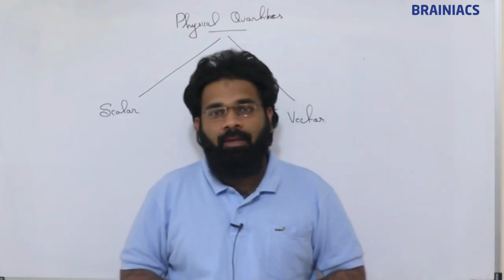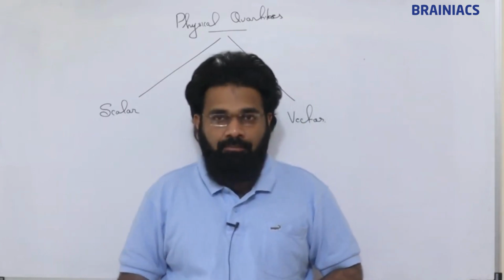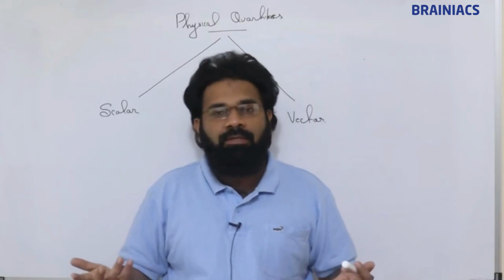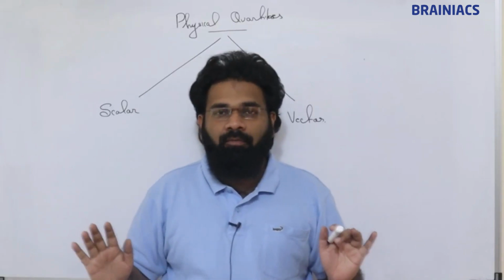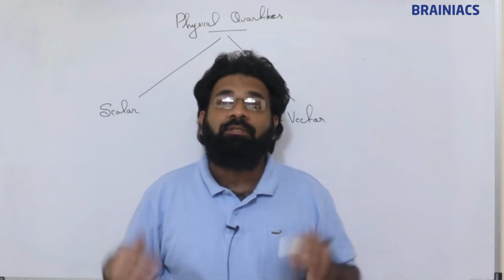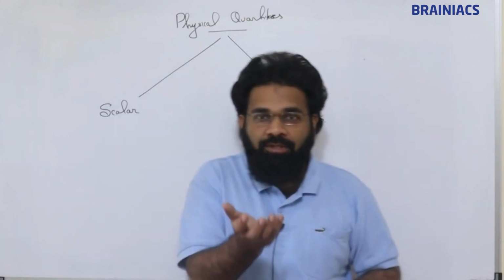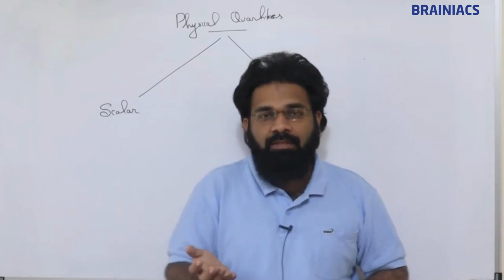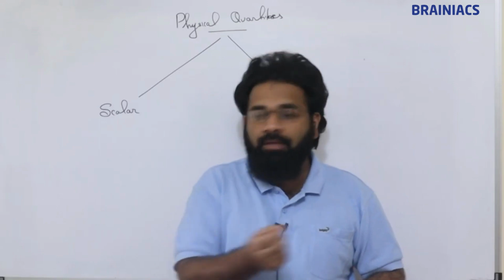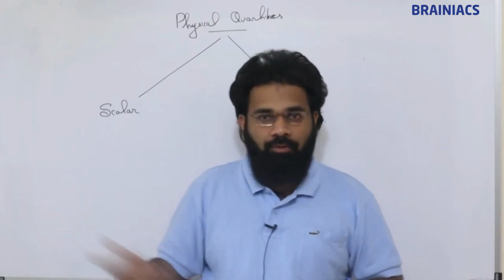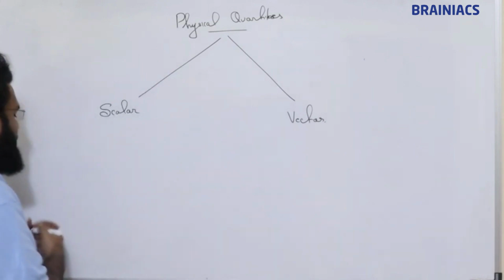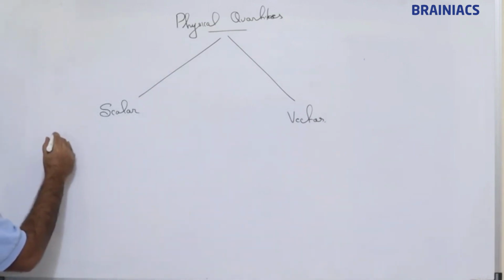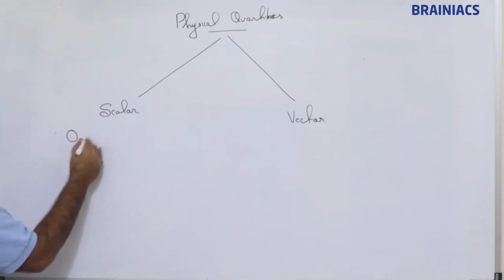We will say the temperature of the day is 29 degrees Celsius. 29 degrees Celsius, that's it, over. We won't ask 29 degrees Celsius in which direction. If we use a thermometer here, here, all these places, the temperature will be the same. Temperature will not move in a particular direction. So the scalar example is what? Temperature. First we will write it has only